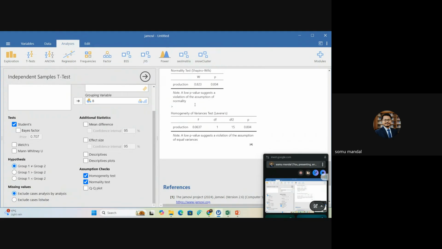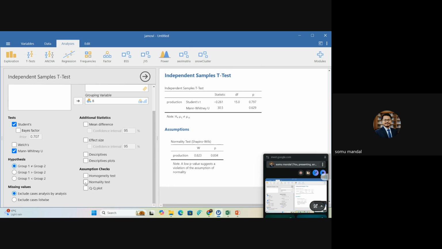So when your data doesn't follow a normal distribution and equal variance, definitely you consider what? A non-parametric test. In case of no equal variance, the Mann-Whitney U test is a preferable, suitable, appropriate test. If there is equal variance but the data is non-parametric, you can consider the Welch analysis also. Click on the Mann-Whitney test, and under assumption checks, check.